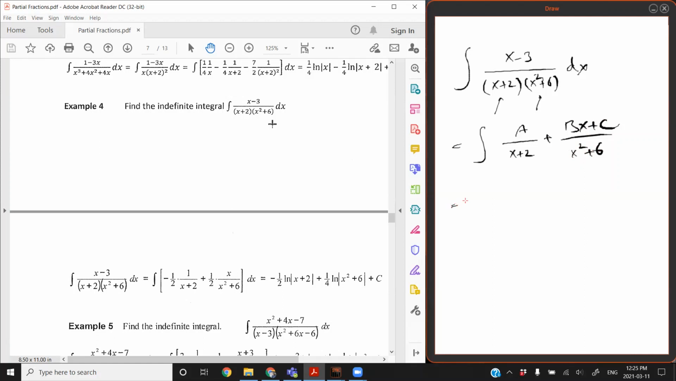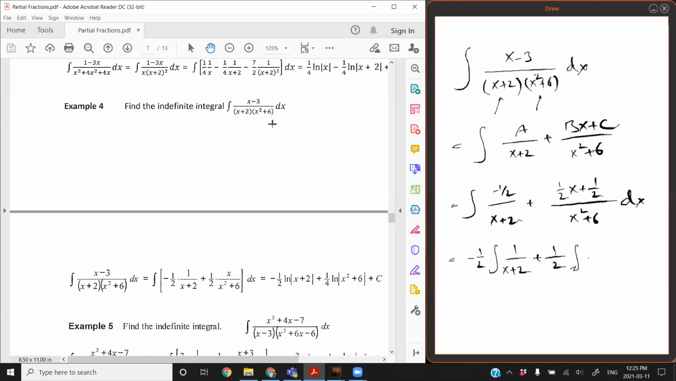Now, if I use the methods that we learned last class, I'm going to get A is negative 1 over 2, over x plus 2, plus this is going to be (1 over 2 x plus 1 over 2) over (x squared plus 6) dx. It's going to be like that. And then I can factor out the 1 over 2. I get negative 1 over 2 integral of 1 over (x plus 2) plus 1 over 2 integral of (x plus 1) over